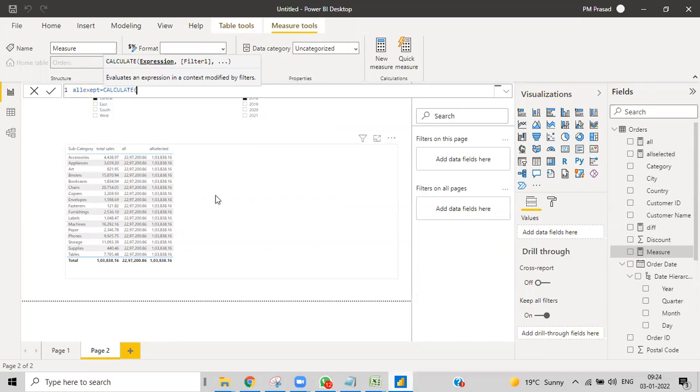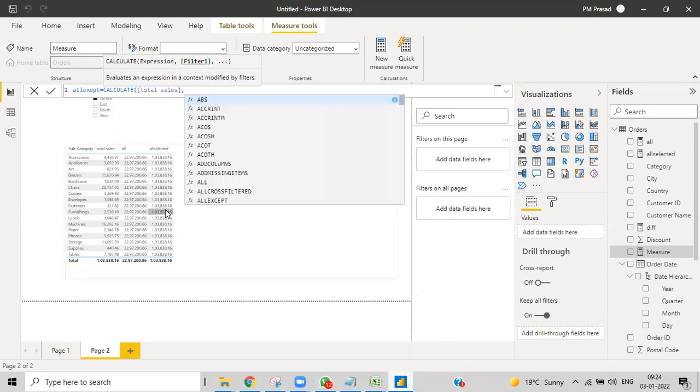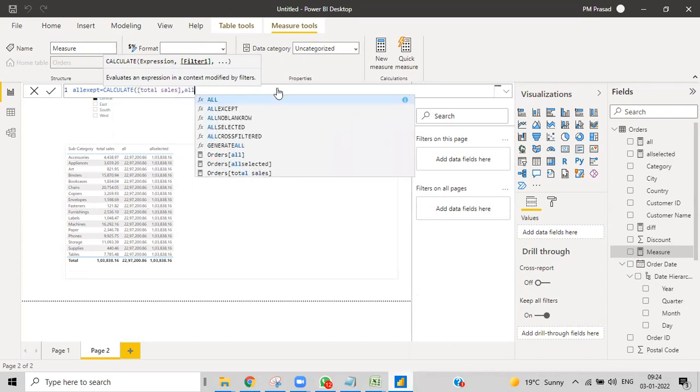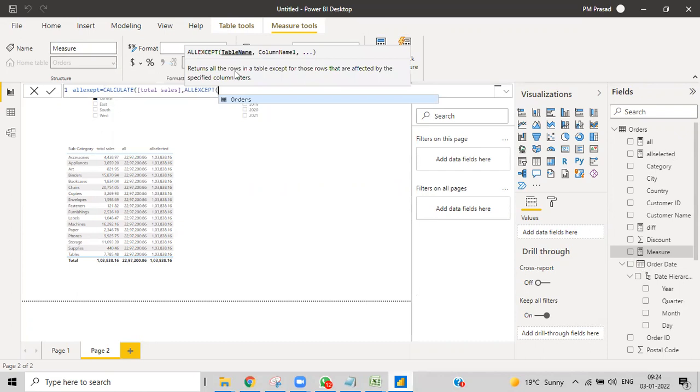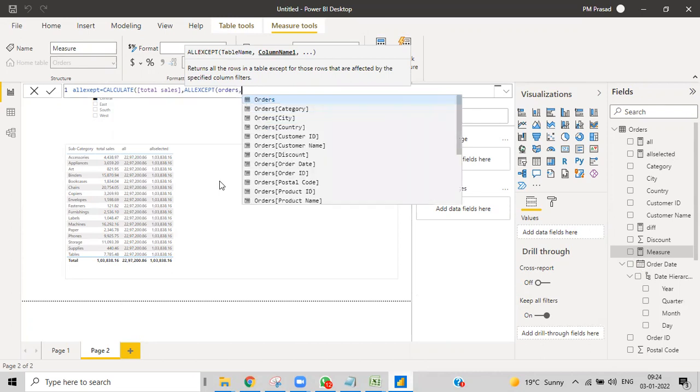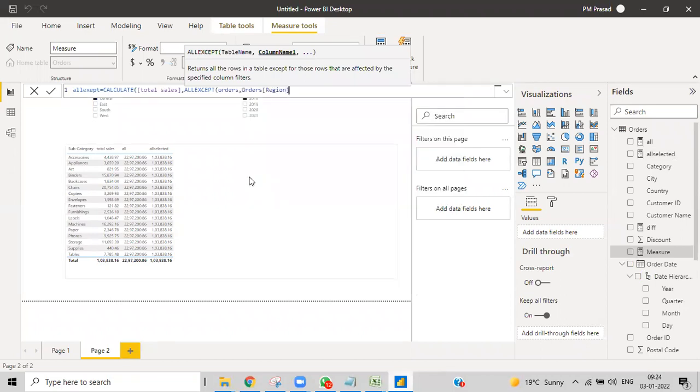We'll write it in the calculate, the total sales, and then we'll keep ALLEXCEPT with the table name and column name. The table name is Orders, then a comma and the column that you want. I want to take Region.